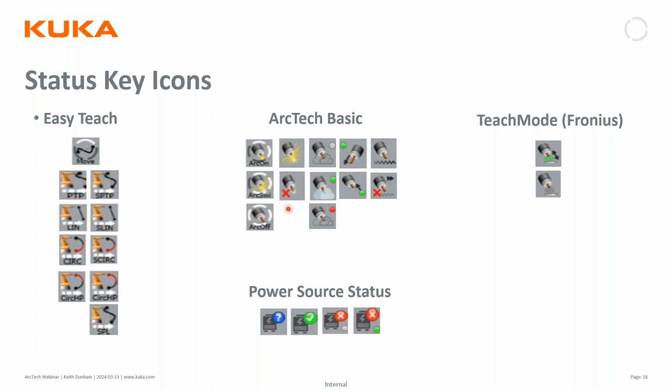If you want to do, say, a run with no welding, this would be the symbol. We'll just have an X there, so it won't weld, but it'll do all the motions. Purge gas, feed wire, retract wire, and then this is if you did the dry run, so you would have no weaving motion. And the teach mode with Fronius,